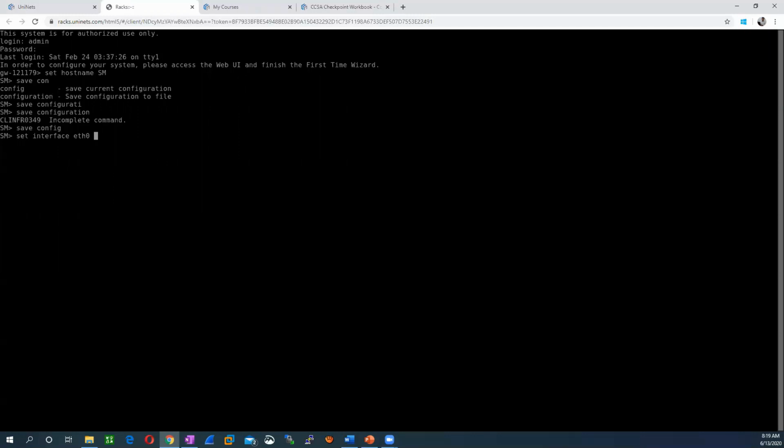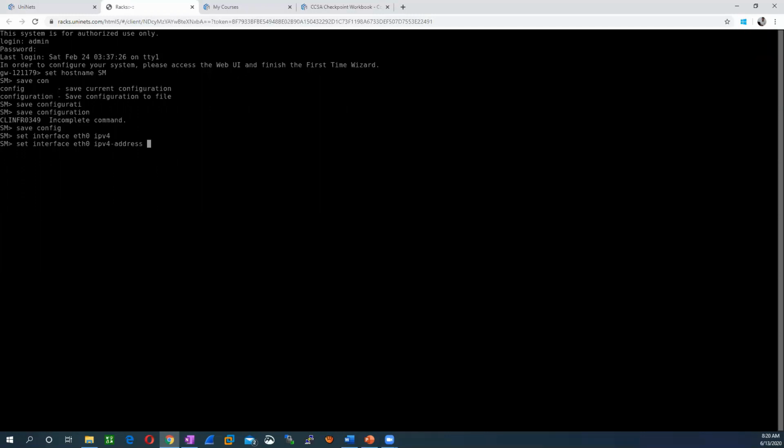ETH0 is your management interface by default, but we can also define this interface on an internal zone. So set interface eth0 ipv4-address, and then whatever IP address we want to define.